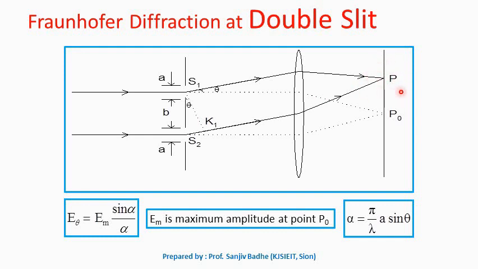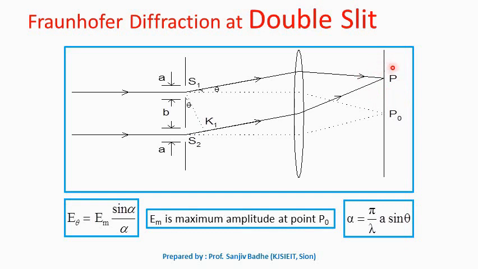Our problem statement is same here. We want to find out intensity of light at point P for the given value of theta. We will follow the same approach to find the intensity of light at point P. What we will do? We will draw a vector diagram in which we will represent each wave by a vector. The angle between the vectors will be the phase difference between the waves, and from that vector diagram we will find out the resultant amplitude of the wave disturbance arriving at point P.